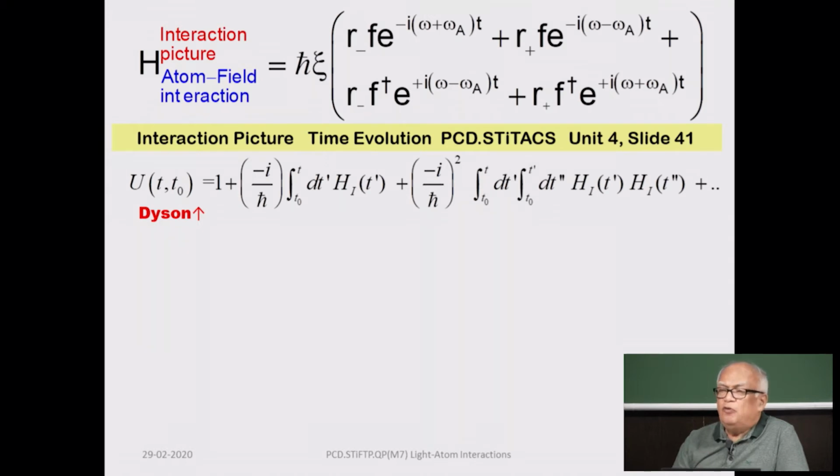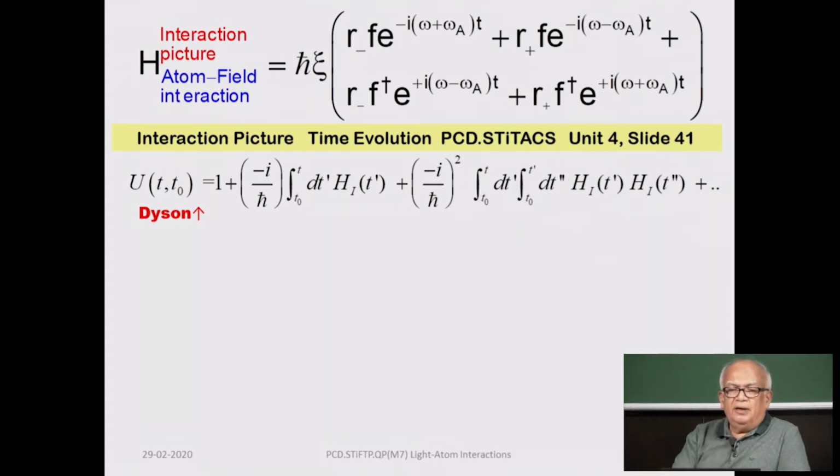It is in unit 4 of this, and in particular I would like to refer you to slide number 41 in this, in which the time evolution is described by the Dyson operator, of which I have written the first few terms. It is actually an infinite series,